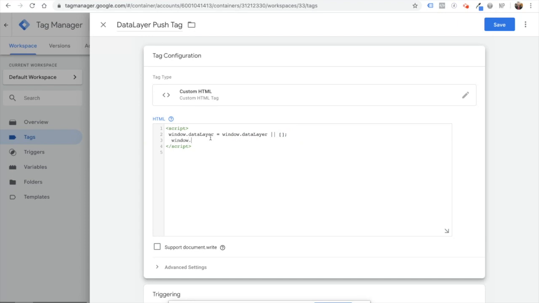So I go window.dataLayer.push. Right. So data layer pushes, you always push them in key pair values. So we're going to say event